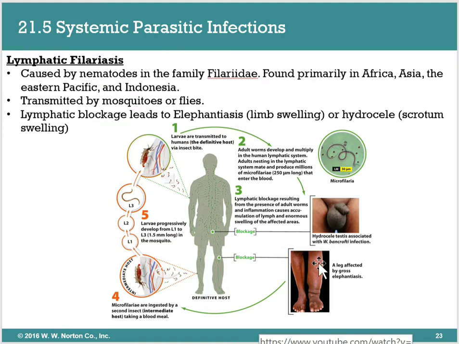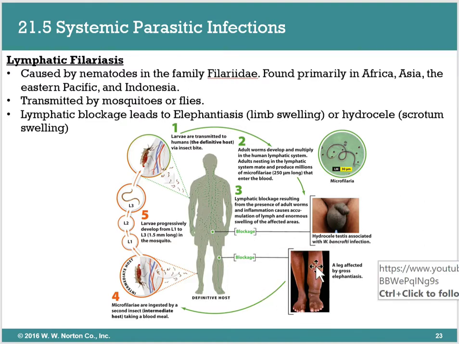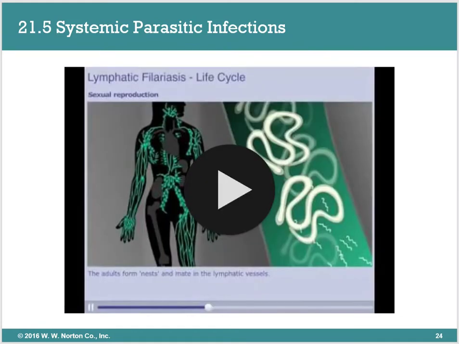So elephantiasis is associated with limb swelling. So as you see right here, for this patient, the blockage occurred in the leg, so then they had elephantiasis. Whereas this patient, they had blockage in their groin region, which is known as hydrocele. So this is where the scrotum will swell. And I do also have a video linked to this one, which is this video. So it does go over that disease caused by a nematode. Definitely take a look at these videos, guys. I'm not showing it on here because I don't want to get dinged for copyright.